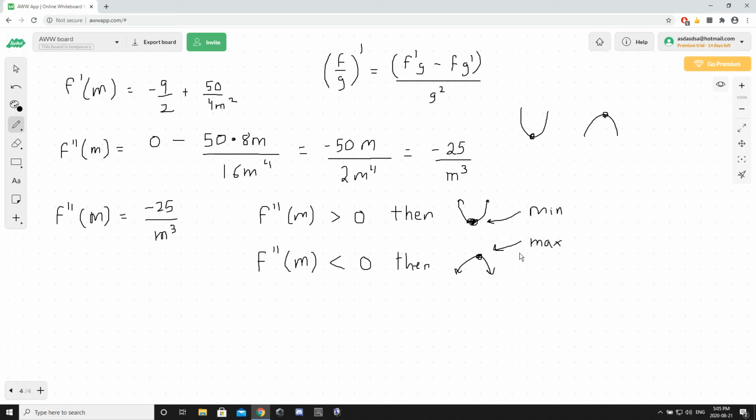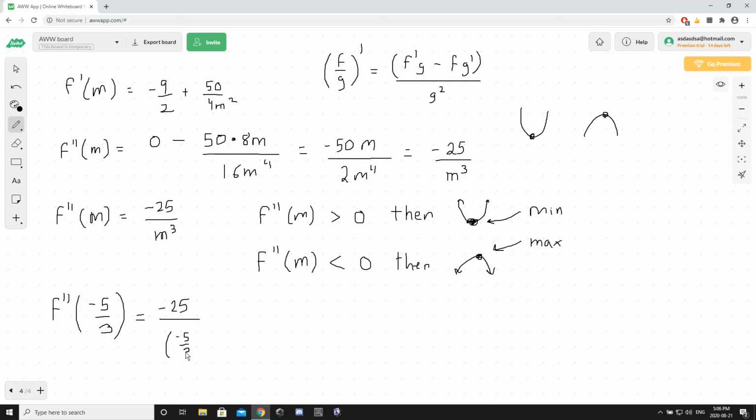So what we want to do is prove: is this, oops, that's a 3, is this in fact greater than 0? Because if our second derivative function at m equals -5/3 is equal to a positive value, then that means we do in fact have a minimum at m equals -5/3. So let's check it out. We're going to plug this value of m into our second derivative function,